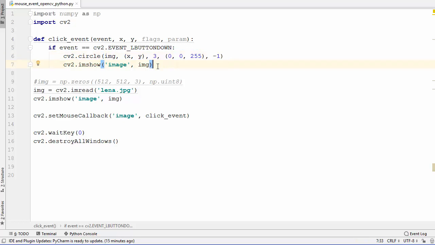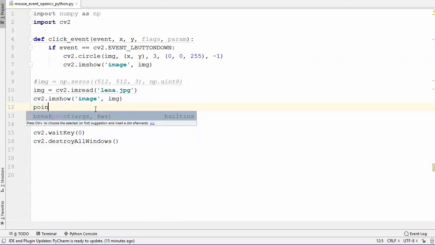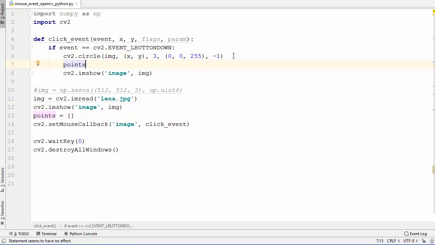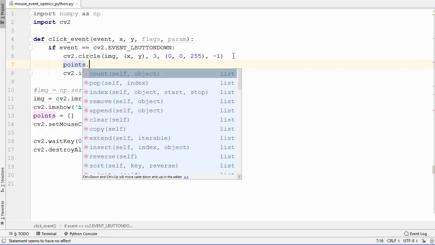Now next what I want to do is create an array of points. So I'm going to just declare a variable called points and initialize it with an empty array. Now this empty array variable we can use inside our callback function, and what we are going to do is append to it every time the mouse is clicked.